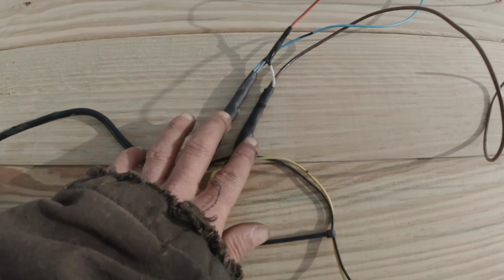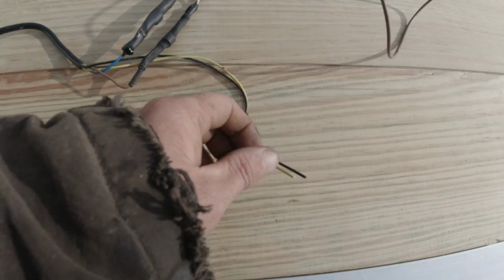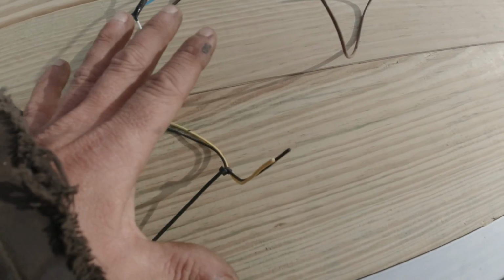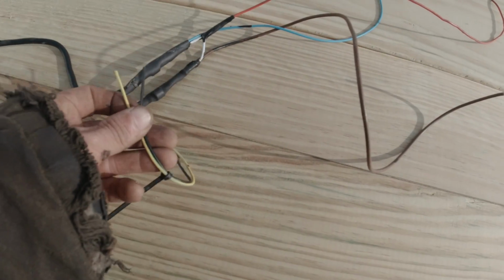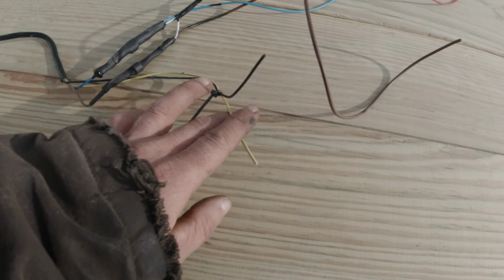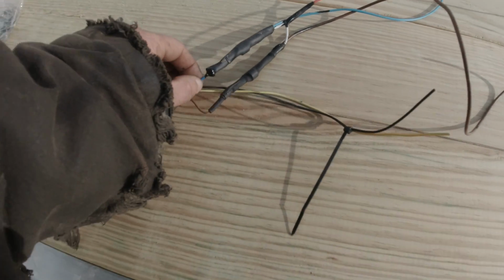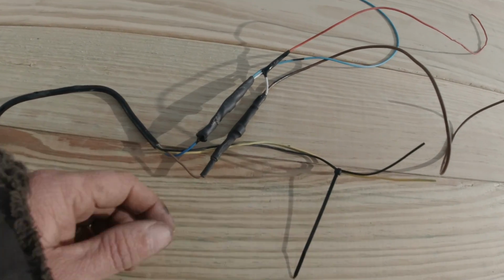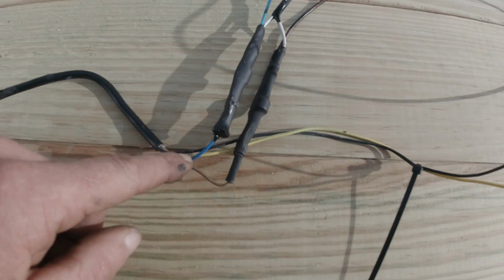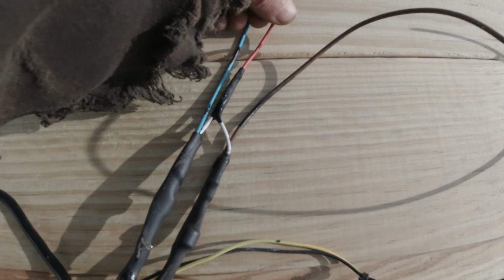So what you need to do is add 2 diodes. I had to take this apart to determine which wires were what, because this was set up with a plug-and-play deal for their winches. So I had to figure out which wires were what, and what we determined was yellow was battery positive, black was battery negative, and the blue and the brown wires are your switched wires for running the controller. So this blue wire splits off the top side of this diode,